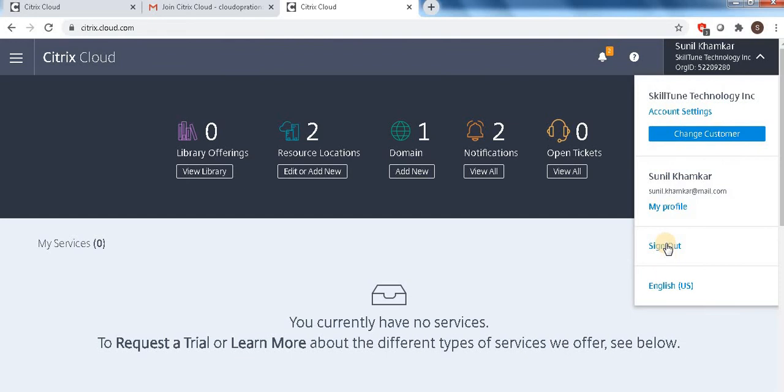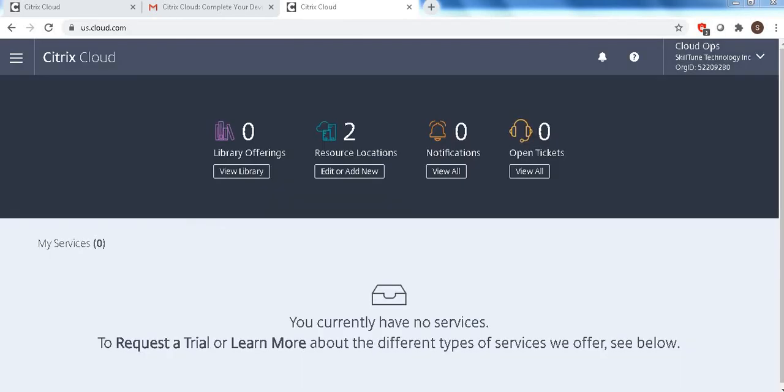Let me log off this because it's taking the same session. Now I am able to log in with the CloudOps ID. You can see here the options which I have selected, I'm able to see only those. None of the other services I'm able to see.